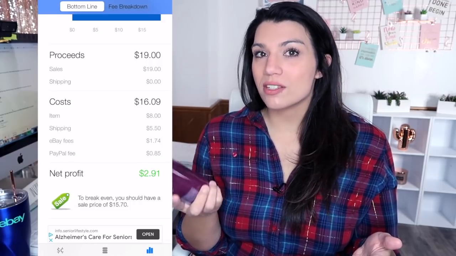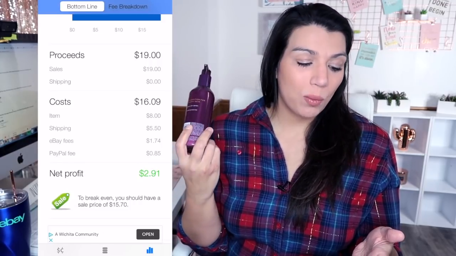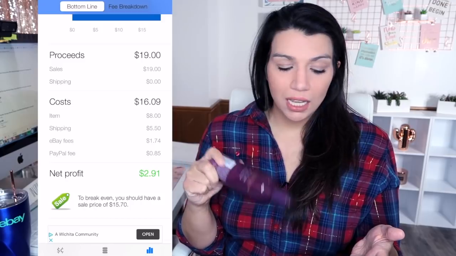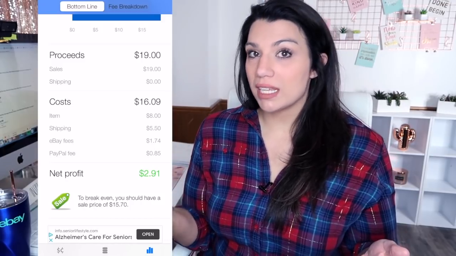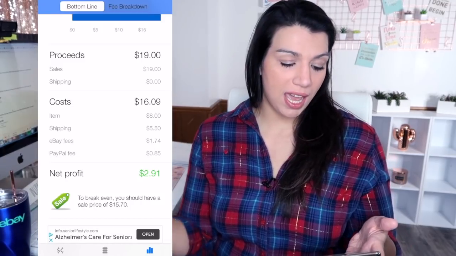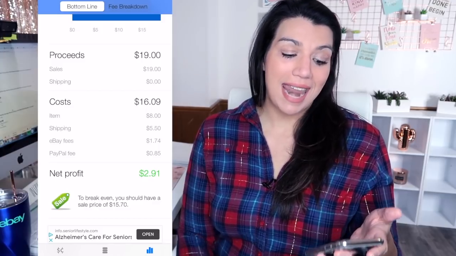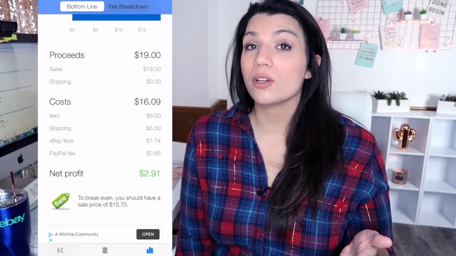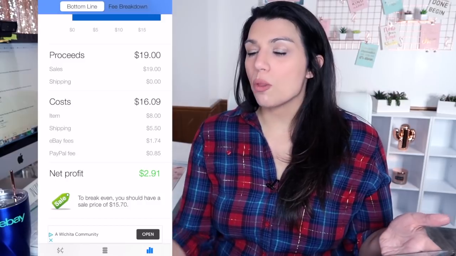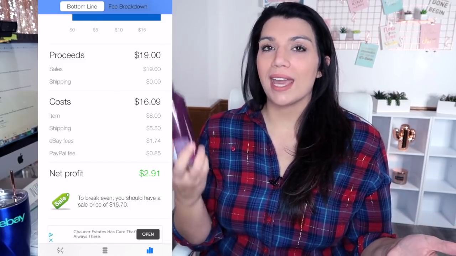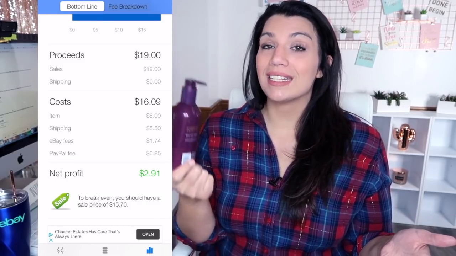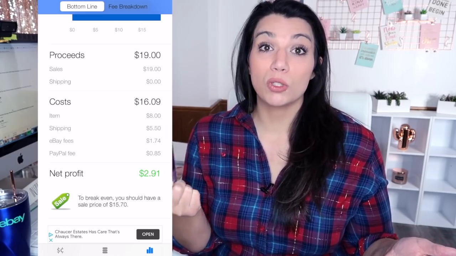So now if the cost of goods is $8 and we can only sell it for $19, with all of the other estimated fees, the estimated shipping, and the $8 cost of goods, our net profit is only $2.91. So that's when you would have to consider, okay, is paying $8 for this and getting a $2.91 return going to be worth it for me? But that in a nutshell is kind of how you do comp research when you're looking at wholesale products